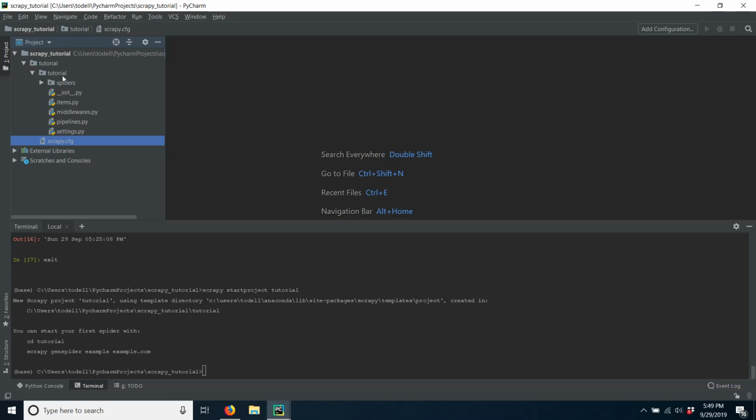And then you go further into this. Here's where you have basically all of your settings files. And then you have a folder called spiders. And right now inside spiders, all we have is an __init__.py. But what we're going to do here, which it even tells you,